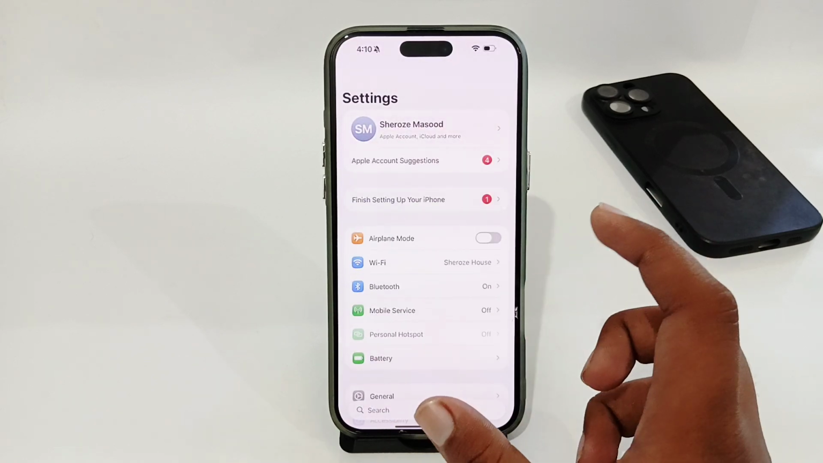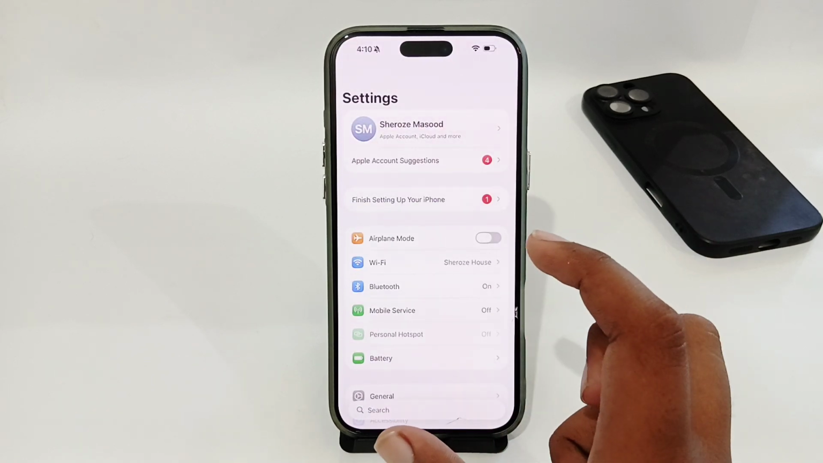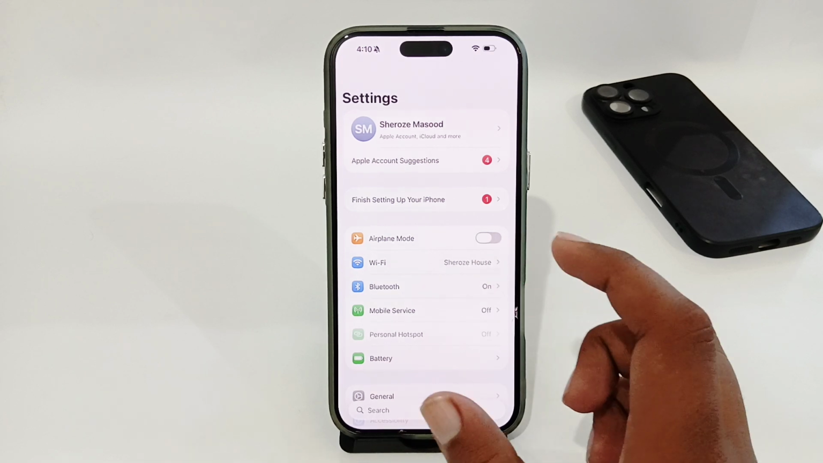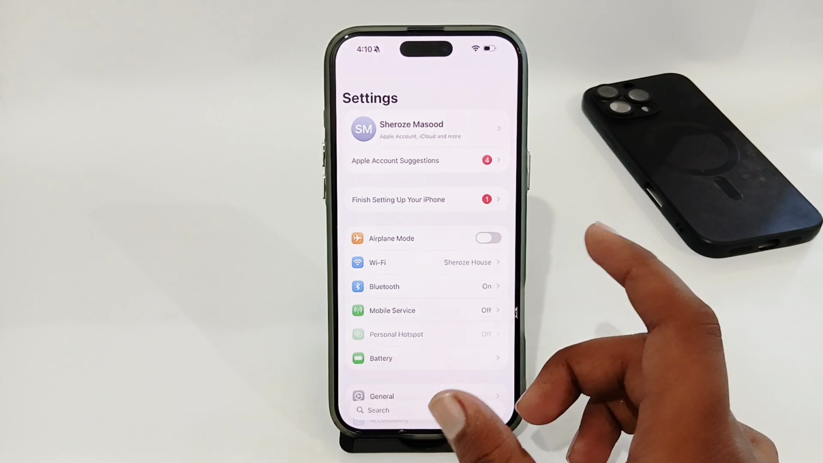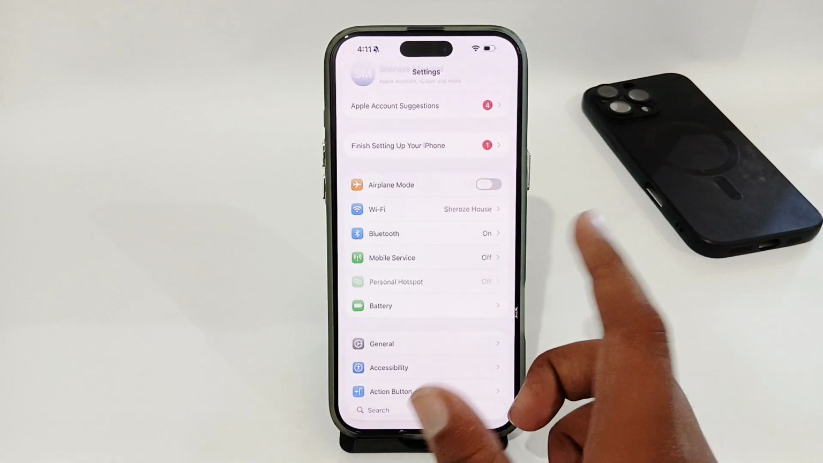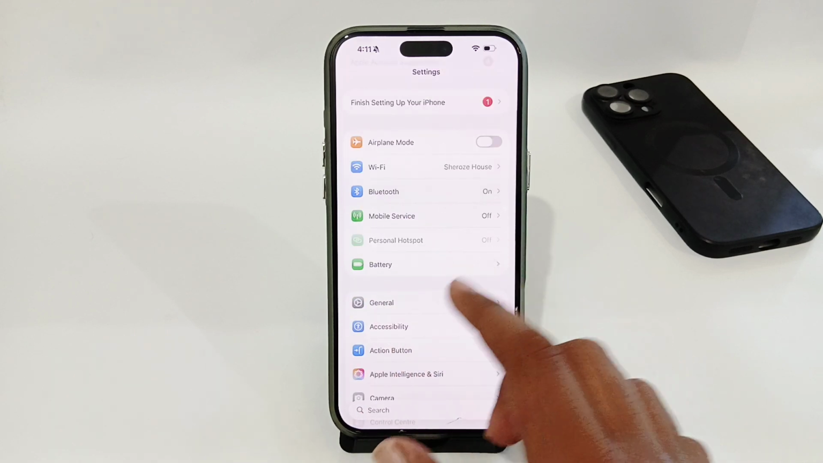In settings, first of all, you have to make sure that you have a backup of your data because it will remove everything from your phone. It might be documents, videos, photos, your Apple account and much more. So you must get a backup, and after that just go ahead to settings and then go for